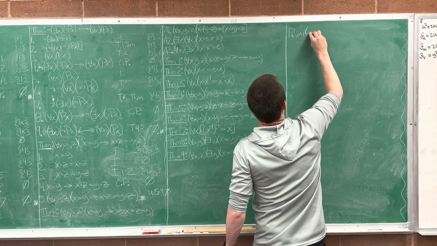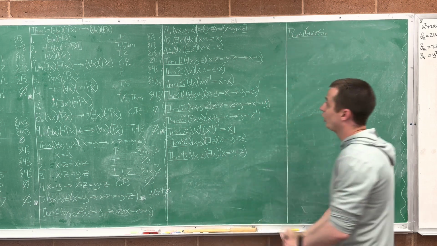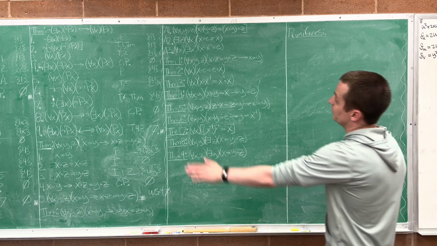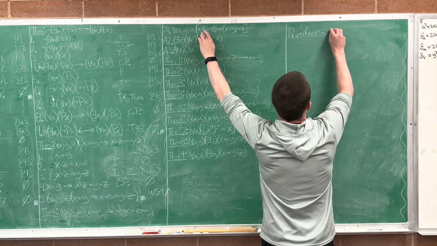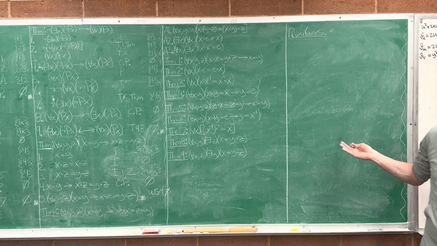What we call the primitives of our system. Our primitives are the things that we're not going to define. They're the symbols that show up in our axioms. So one of our primitives up here is this circle operation. So axiom 1 says we have some operation, our circle operation, and all we know about our circle operation is